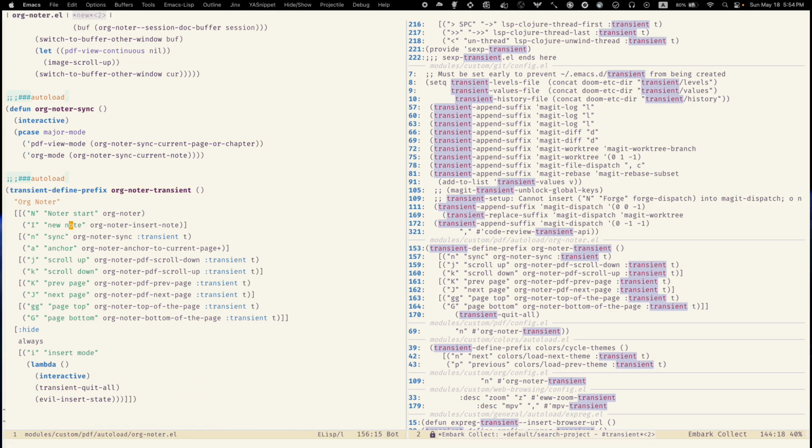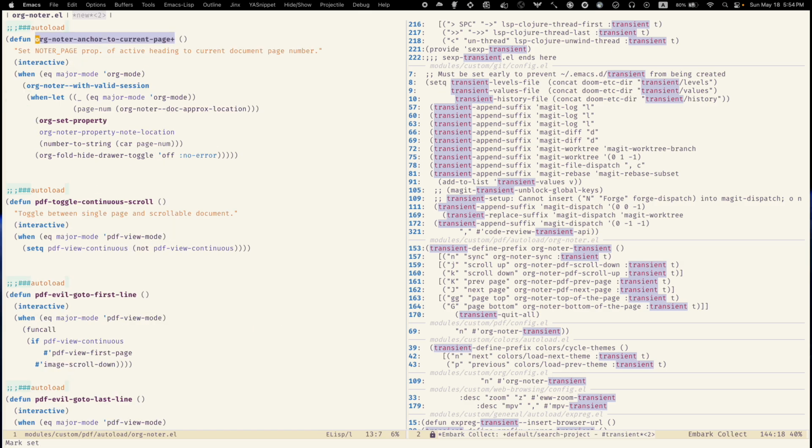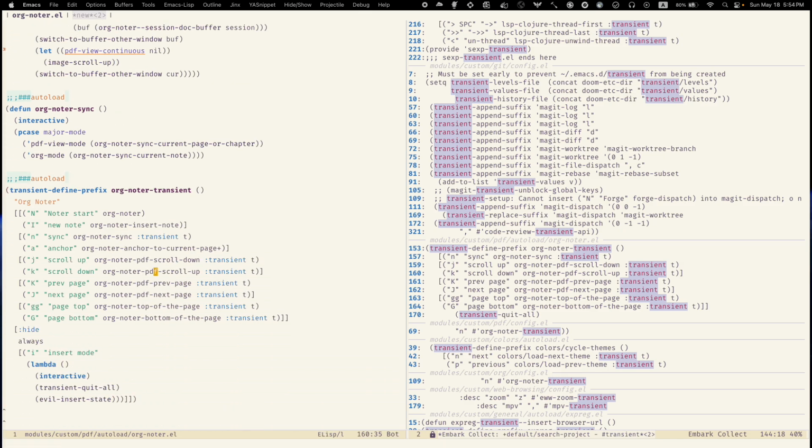So I can start the noter, I can add a note, I can anchor a specific note to a specific page. This is basically, it's hard to explain. I mean, I have to show it, but it's not super important. A very interesting piece of this transient, why the transient is nice, is that I can press K and J and scroll up and down the document,